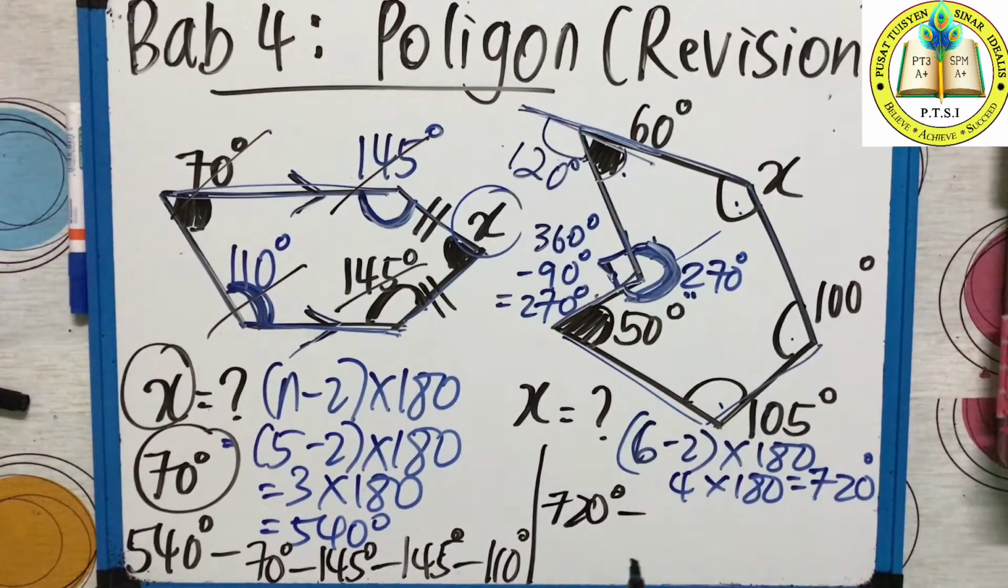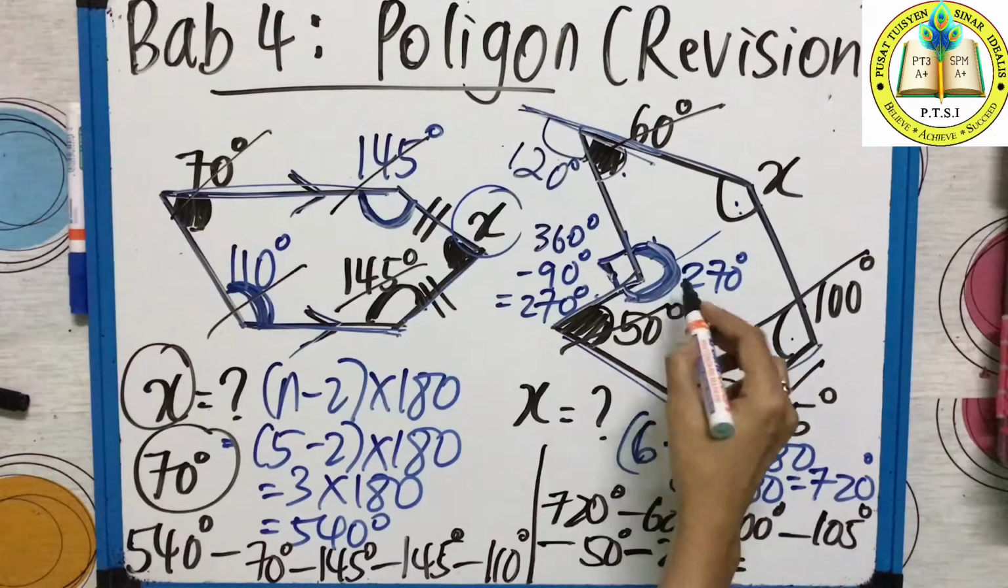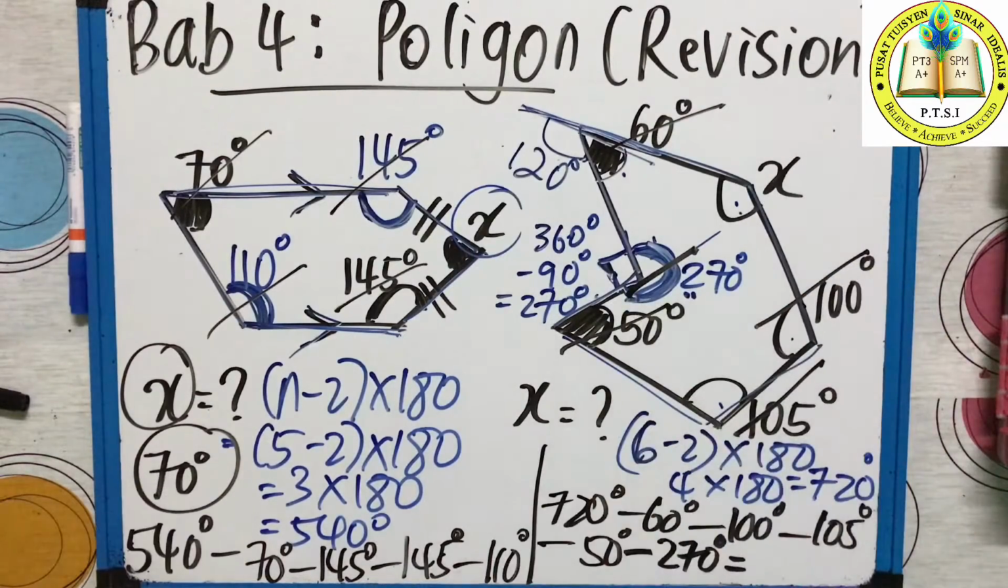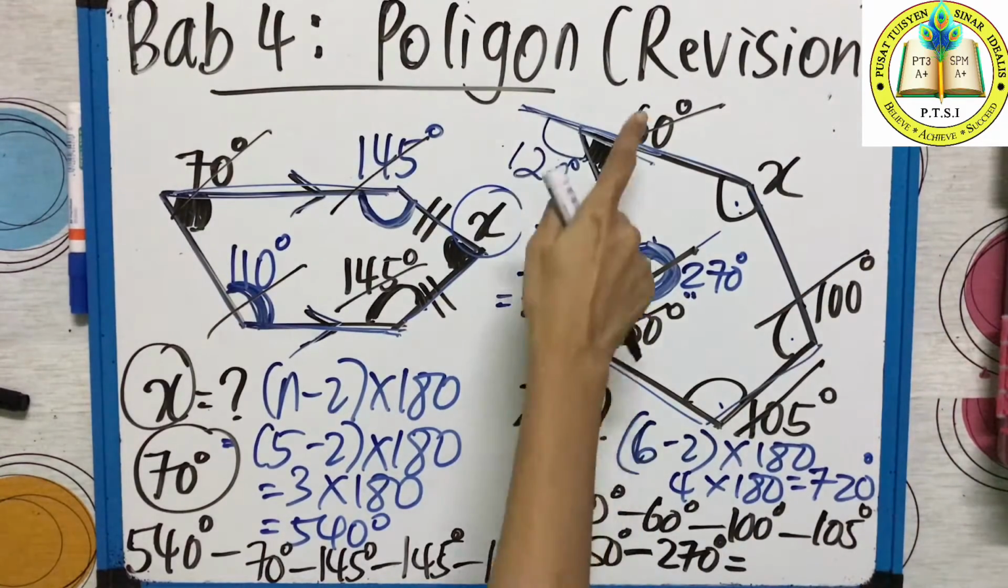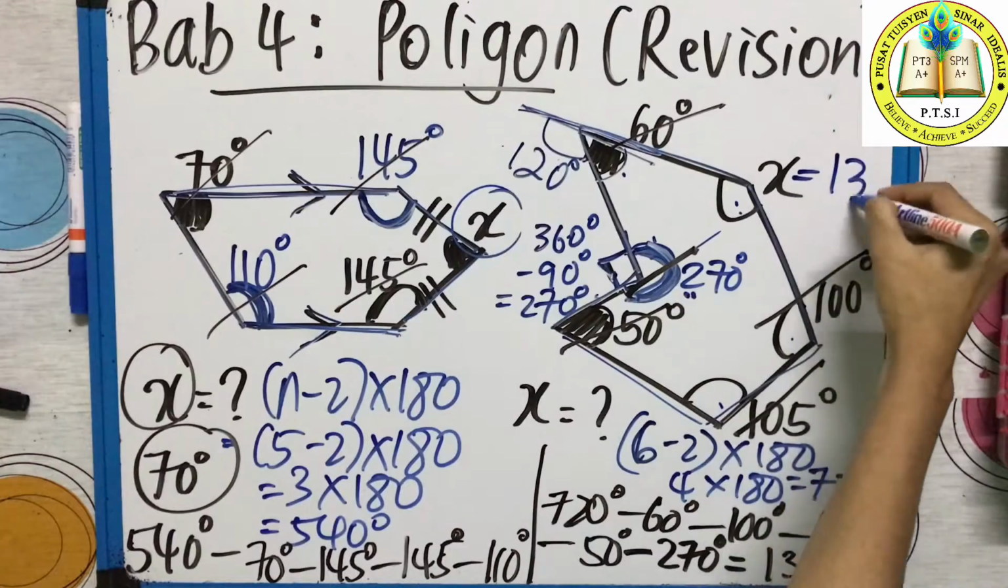720 degrees minus 60 degrees minus 100 degrees minus 105 degrees minus 50 degrees, then minus 270 degrees. Okay, so all you cut ready. You got 1, 2, 3, 4, 5 angles, right? 1, 2, 3, 4, 5, you cut ready. Balance, how much do you get after you minus? 135 degrees. That means the x value is equal to